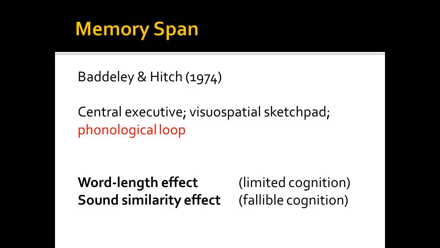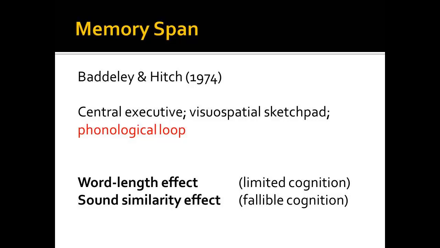This loop is our short-term memory store for auditory and articulatory information. When we hear things, we can keep looping that information in our mind's ear. Similarly, we can also internally generate phonemes that we can store in the loop, a process called subvocal repetition. In other words, we have an inner voice that can speak into our short-term loop. So if you need to remember a phone number without writing it down, you can use your inner voice to loop through that sequence of numbers over and over.